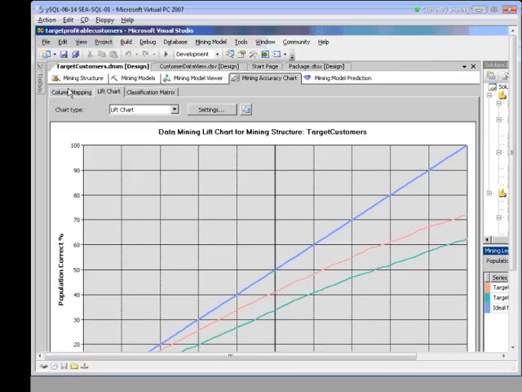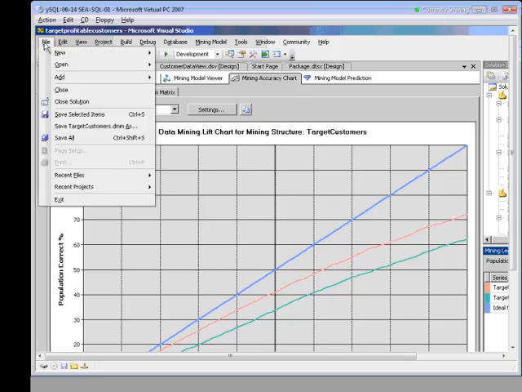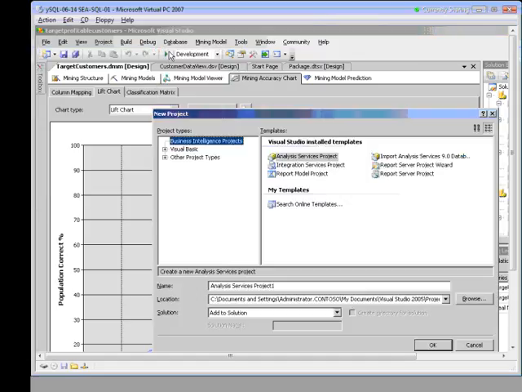In order to deploy the model, we'll need to create a new project. This time we'll use Reporting Services. So I'll go up to File, New, Project, and we'll create a Report Service Project Wizard. And the name of my project, notice I'm still continuing to add to the same solution there at the bottom, is Customers to Call report.